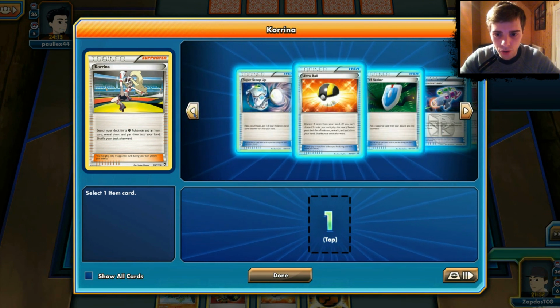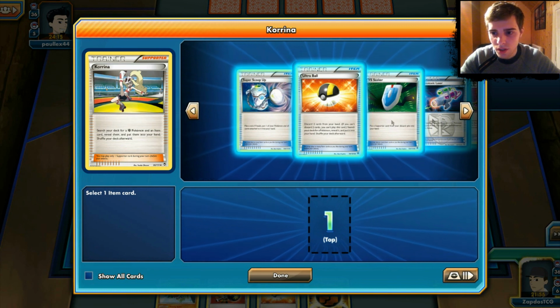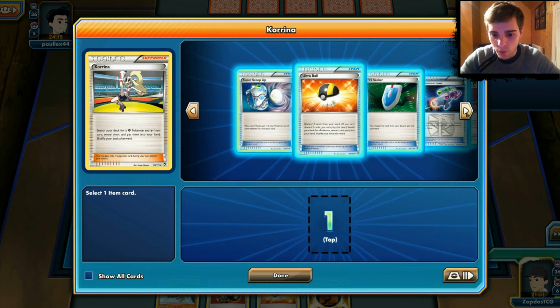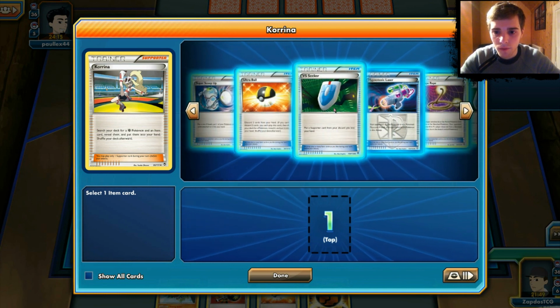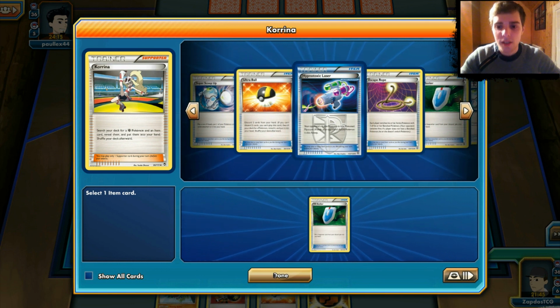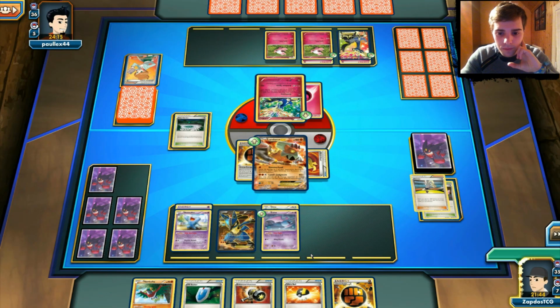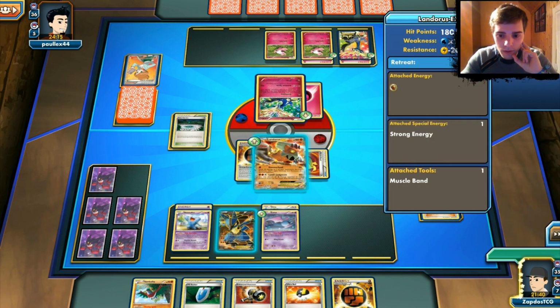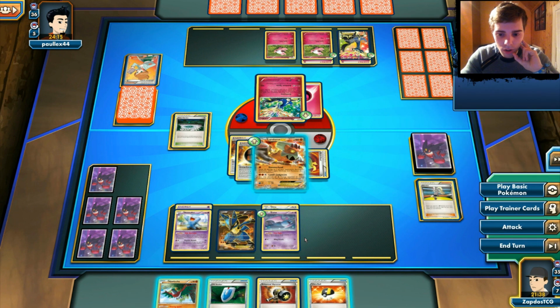Maybe we can use the Ultra Ball to discard something that we don't want. Or maybe we can use VS Seeker, that way we're in a safe position for later on. Yeah, we're gonna do that, since we won't be able to destroy it anyway. Okay, here comes another energy, strong energy to the Landorus. We could have used Ultra Ball here, maybe destroying Hawlucha and the...